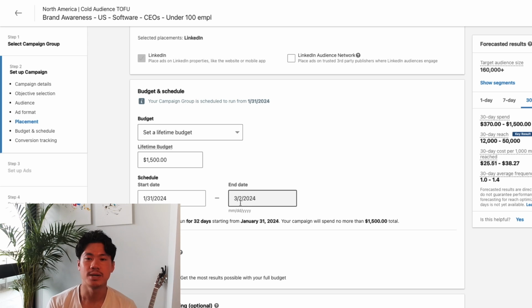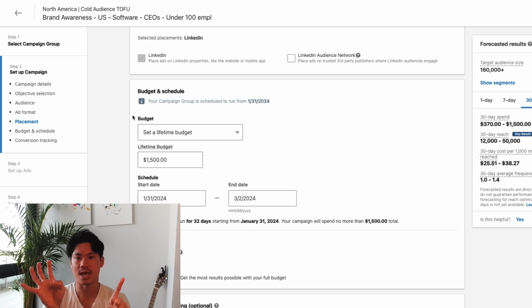Now, I do want to remind you that there can be multiple ads that are placed inside a particular campaign. And we'll actually go into the ad section a little bit later, but you might be wondering, okay, if I have, say, one campaign and inside that campaign are like 5 ads that are utilizing all the rules that have been established in the campaign, how does the budget work, right?